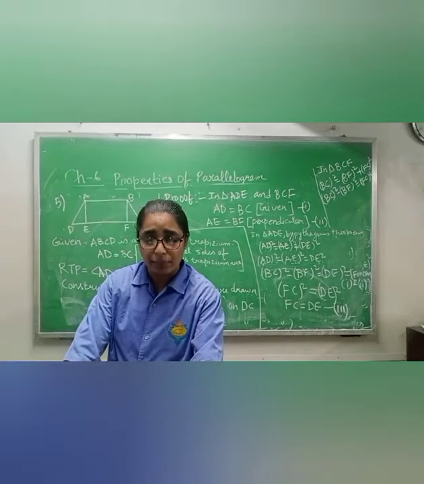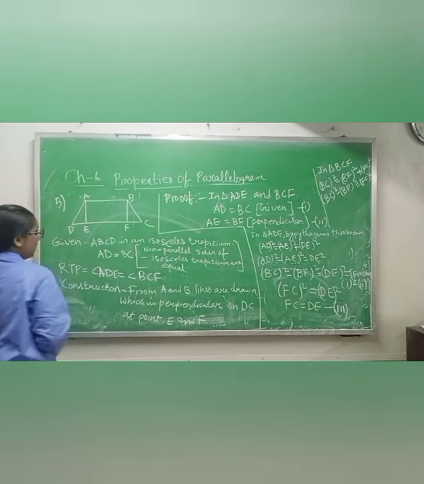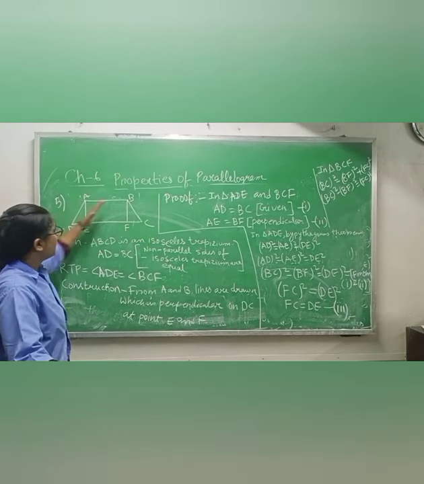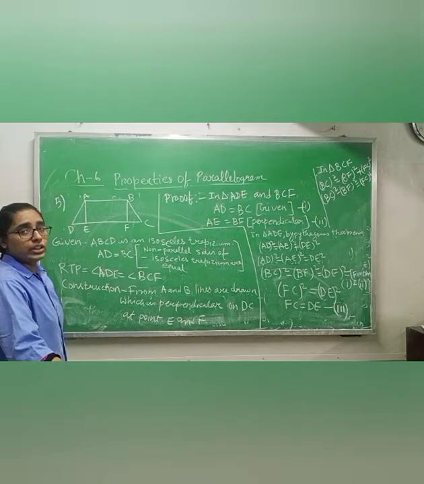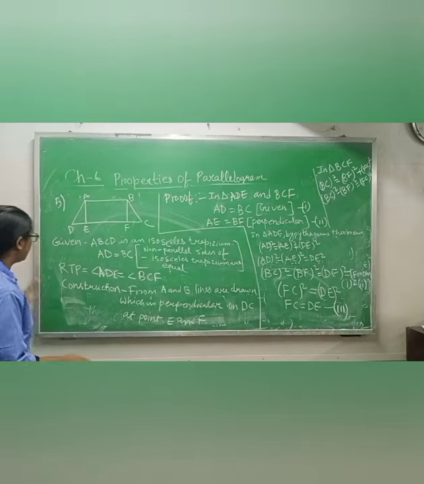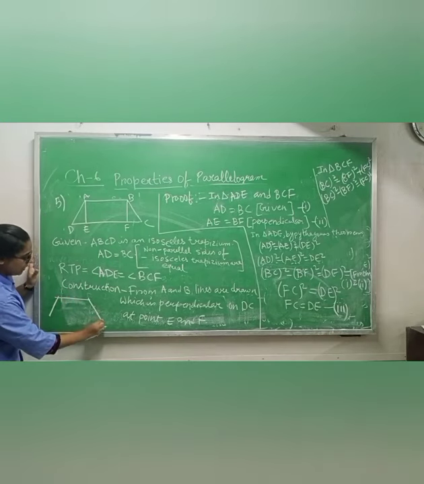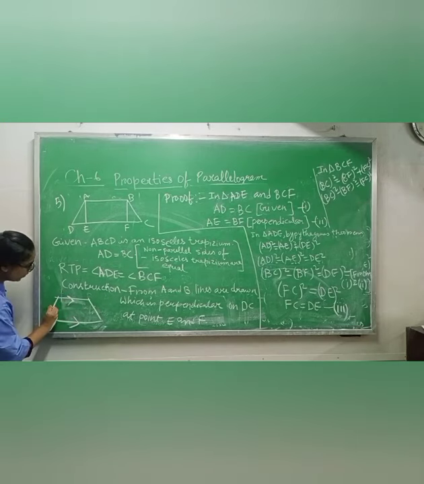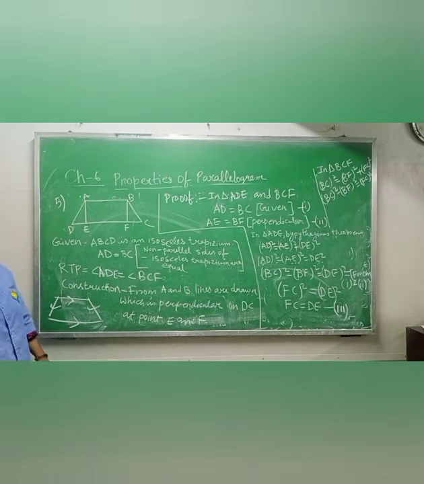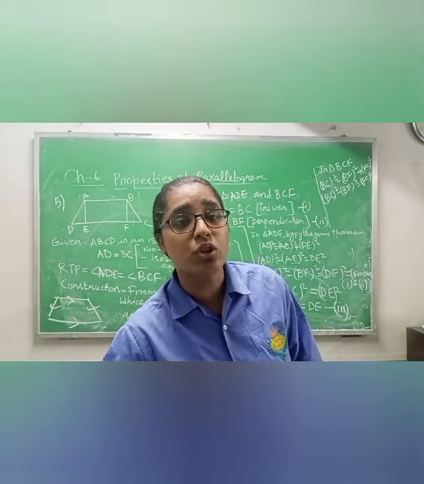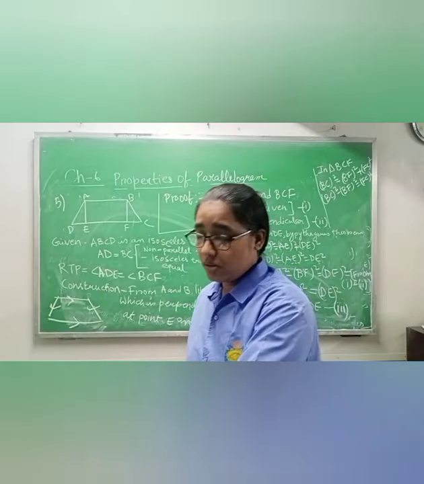And they are saying that we have to prove the two angles adjacent to any parallel sides. So in an isosceles trapezium, which two sides are parallel? AB and DC are parallel, but AD and BC are not parallel. In an isosceles trapezium, AD and BC both are equal. Suppose that this one is an isosceles trapezium, this one and this one will be parallel to each other, and this one and this one will be equal. Means the non-parallel sides AD and BC are equal. This is the definition of trapezium which I told you before summer vacation.